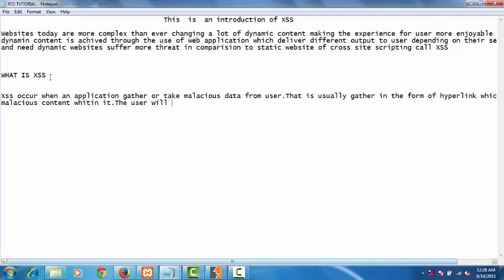The user will most likely click on this link from another website,